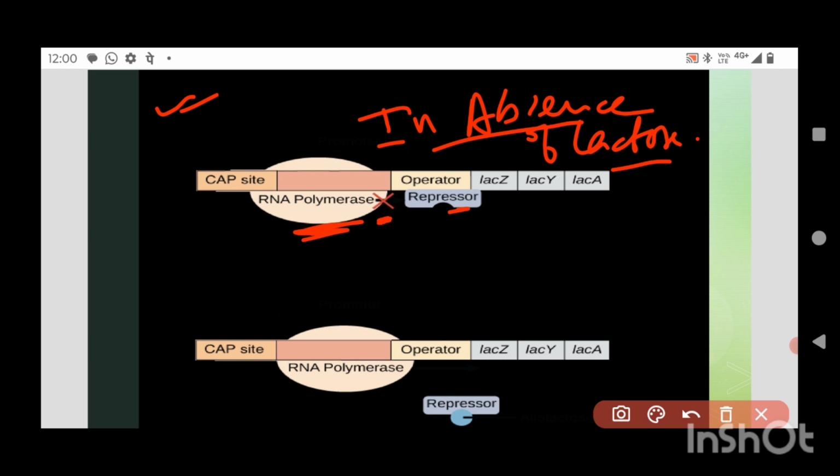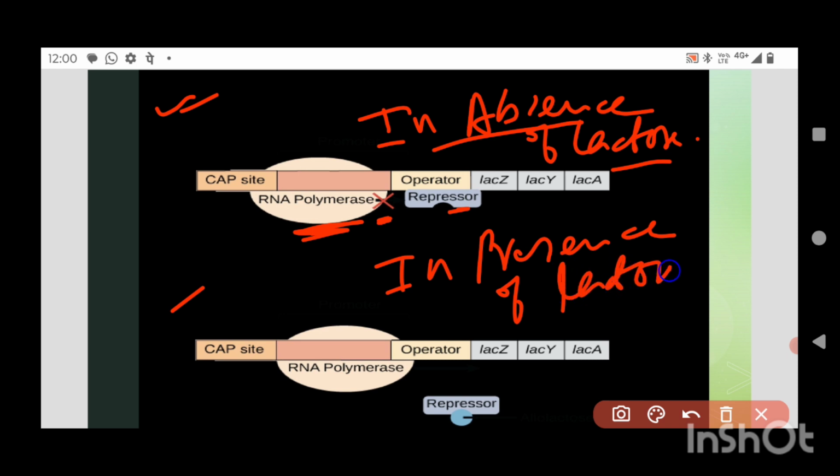But the second picture is in presence of lactose. When lactose is present, RNA polymerase can proceed with its action because the repressor molecule gets attached to the lactose molecule, and it cannot get attached to the operator. So RNA polymerase can easily proceed and go for the transcription. In this way the lactose operates the lac operon site. Okay, now the next question is,